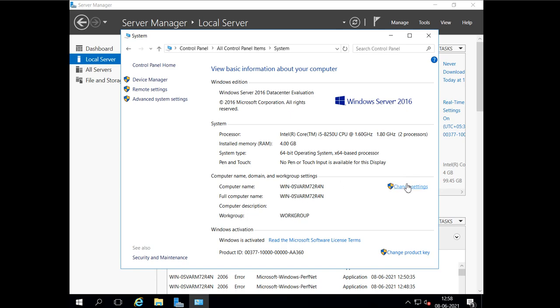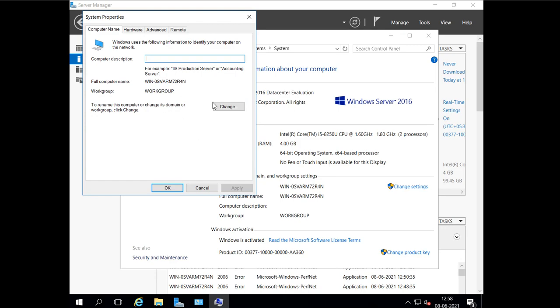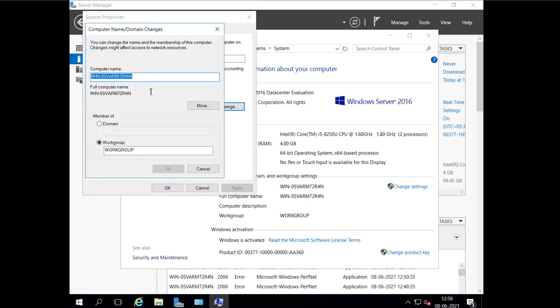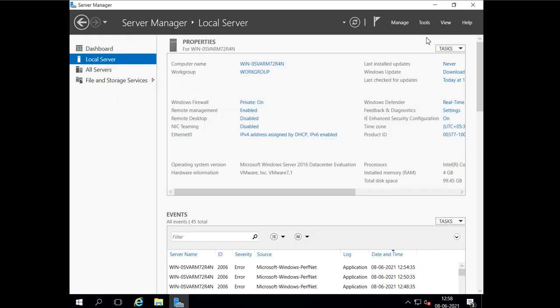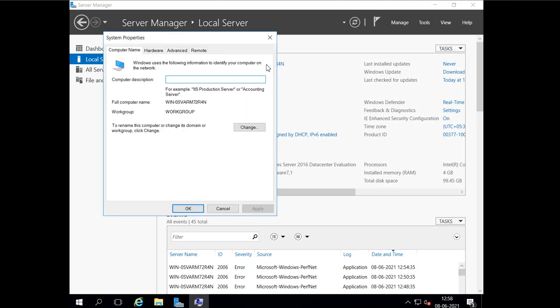Now Server Manager makes this very easy. I don't have to go to Control Panel, select System, and then select Change name. I just have to click here and it opens the window directly. Remember, it comes from System Properties, then from changing the settings, and then we change the name.